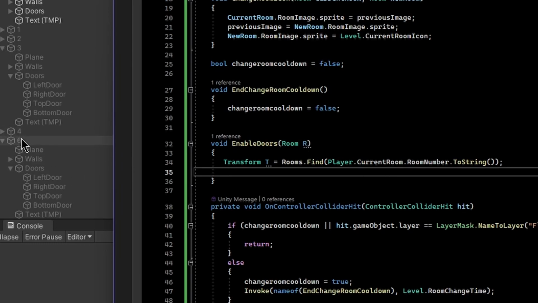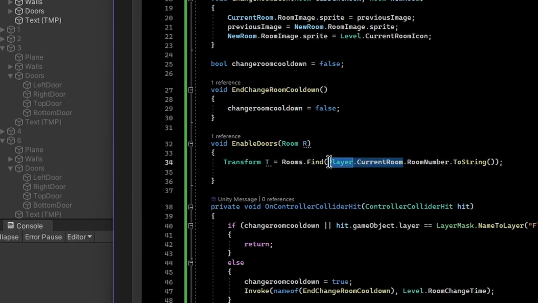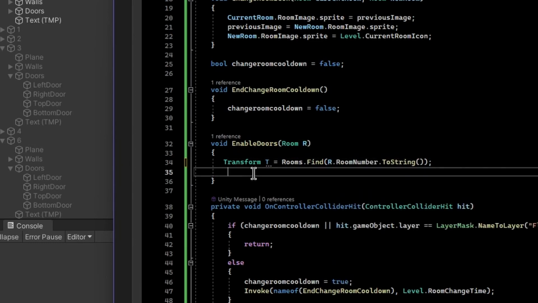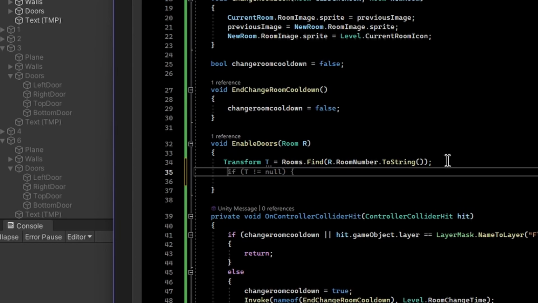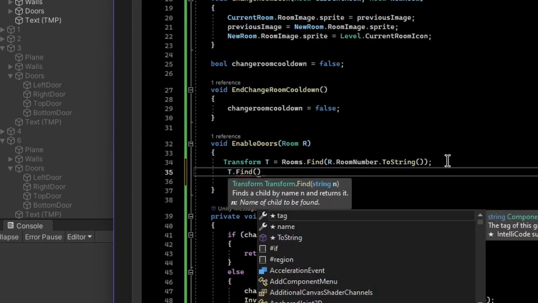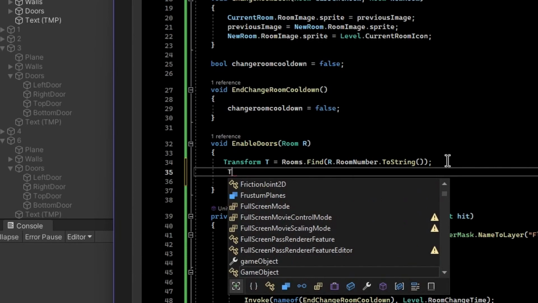So this is the number 6, right? Or whatever room number it is. And it should be r.room number, because you want to be able to pass whatever room in here that you want to. Although the current room, I guess, would be the room that you're in. So whatever. But then I don't know if you even really need to pass anything to it. Inside of this, we want to do t.find and then, okay, so transform